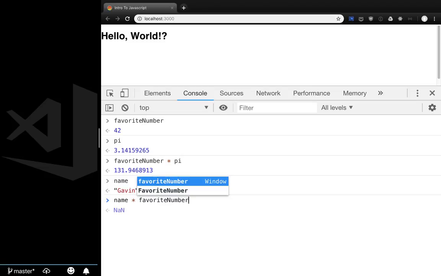So I don't like that it is the preview anymore because I can't do the 'what do you think this is going to return' trick anymore. They added this to Chrome and it does a little preview and I can't do my 'what's this going to return?' If I ask name, which is a